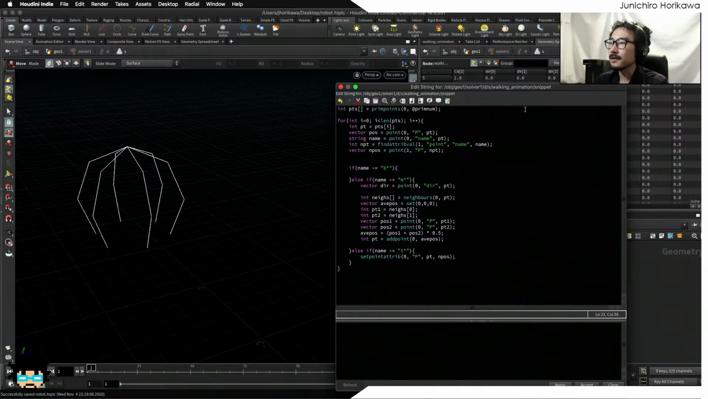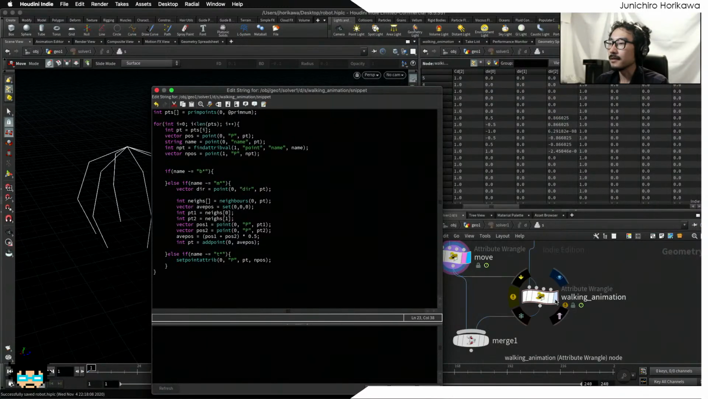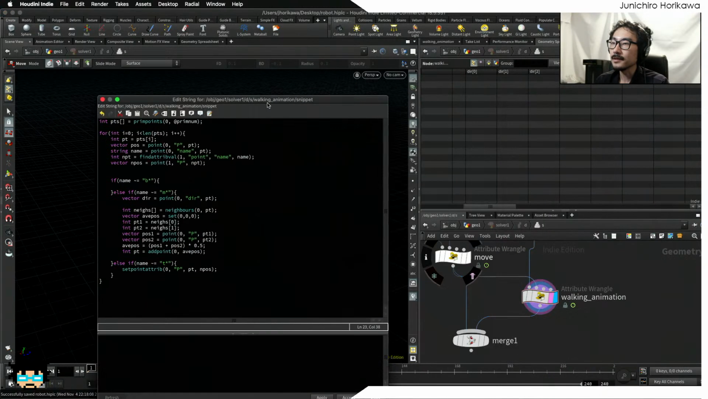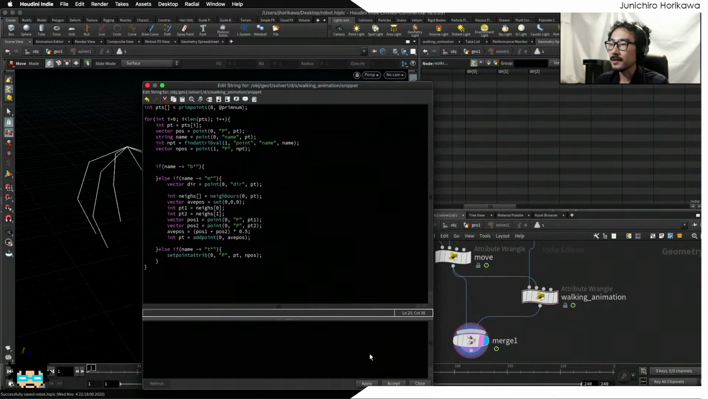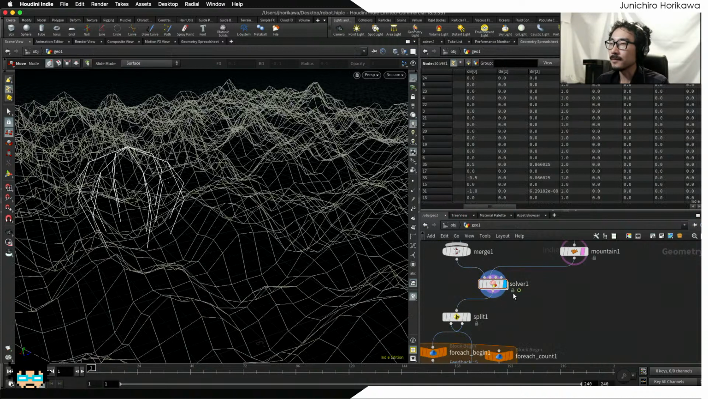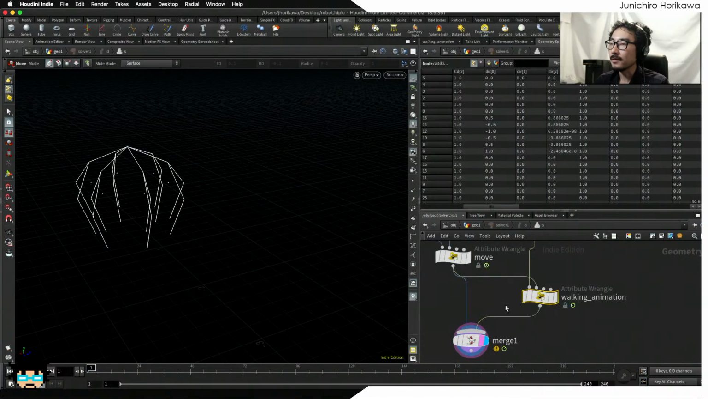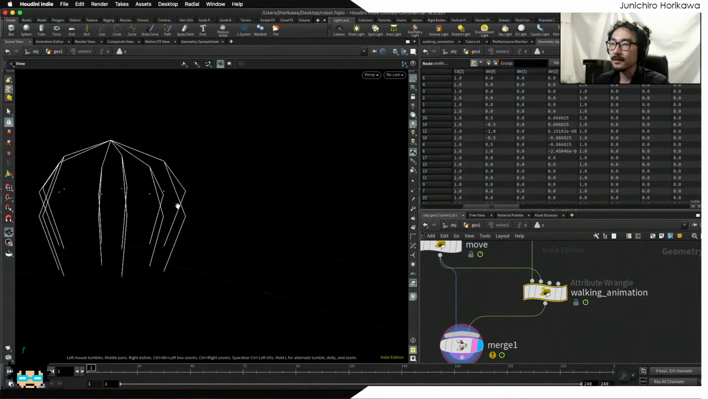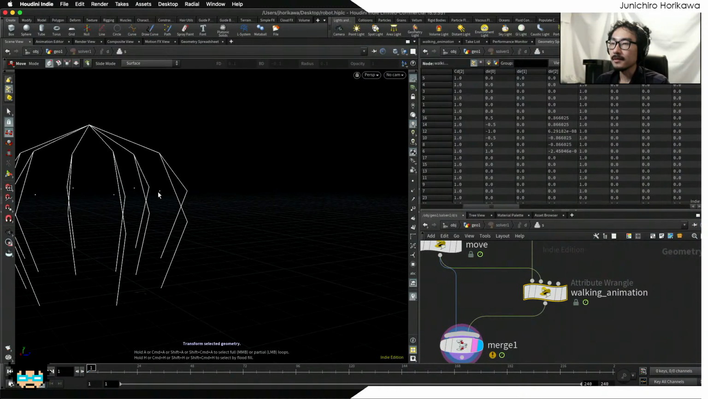Okay, I don't see anything. I think I need to enable this one. No, I don't see anything. Okay, let me just apply, accept, and go out of this soft loop. Go back again. Now I see a point. Looks correct. Now what I want to do is to move this point outward using the direction attribute that I